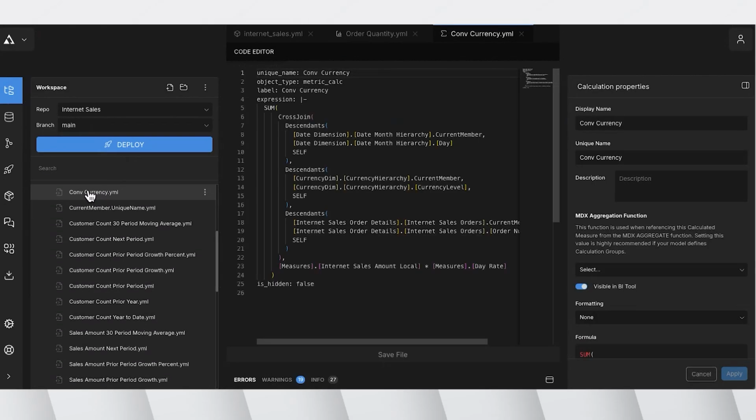So if you go to my currency conversion metric, you'll see here that I'm doing a cross join across the date dimension, the currency dimension, and also at the sales order line level, right? And I'm doing that and calculating it pre-aggregated at the local currency amount and at the day rate, right? Now this definition has already been deployed, but this time I'm going to show you what that would look like